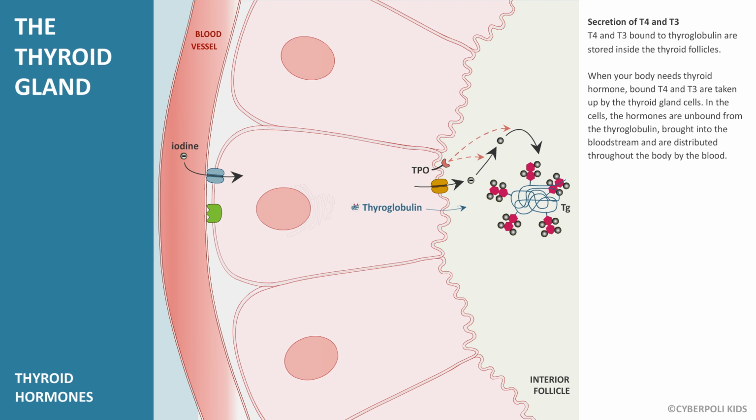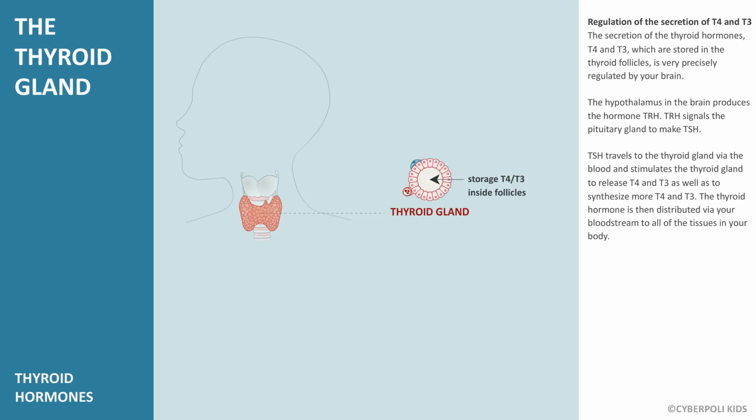When your body needs thyroid hormone, bound T4 and T3 are taken up by the thyroid gland cells. In the cells, the hormones are unbound from the thyroglobulin, brought into the bloodstream, and are distributed throughout the body by the blood. The secretion of the thyroid hormones, T4 and T3, which are stored in the thyroid follicles, is very precisely regulated